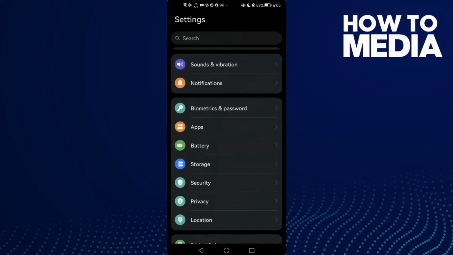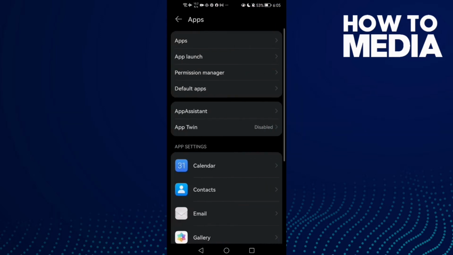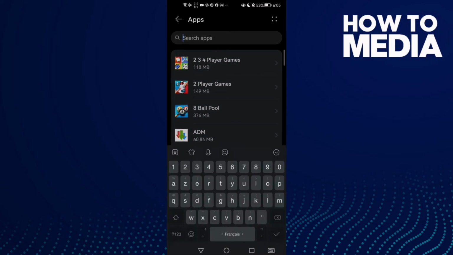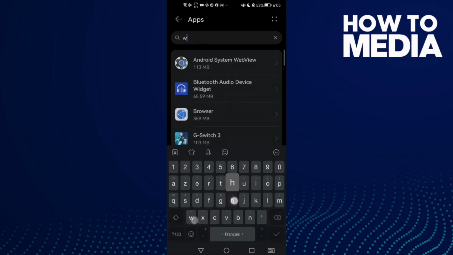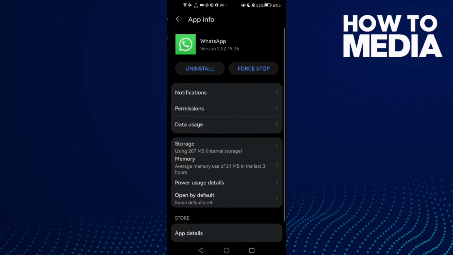First, go to settings and then scroll down until you find apps and then click apps again, and here we'll find WhatsApp. Just type here WhatsApp and you will find it. Then click on it,